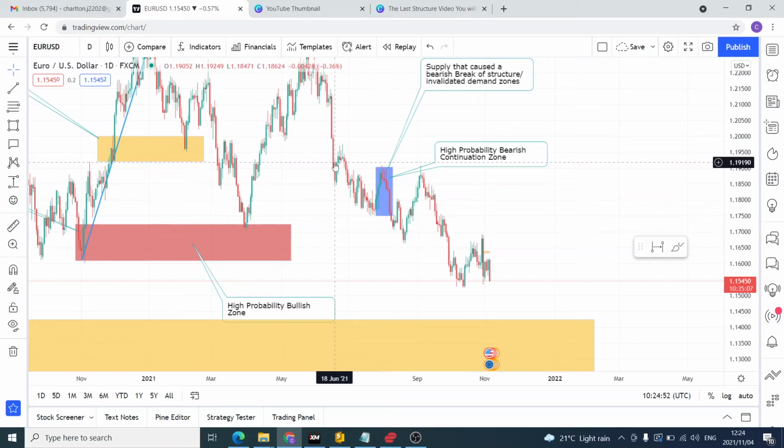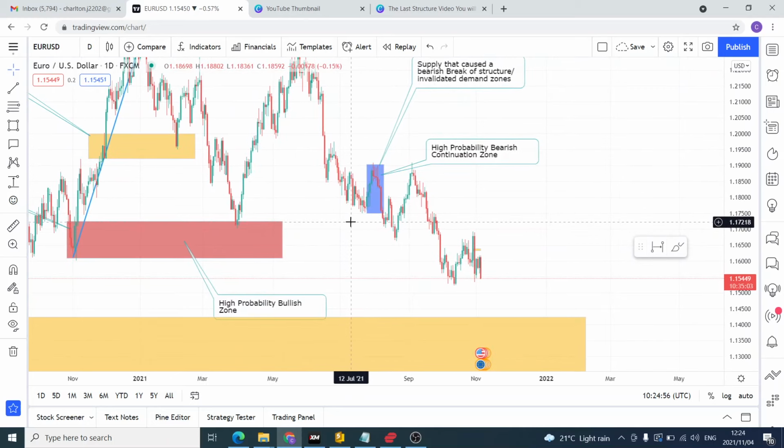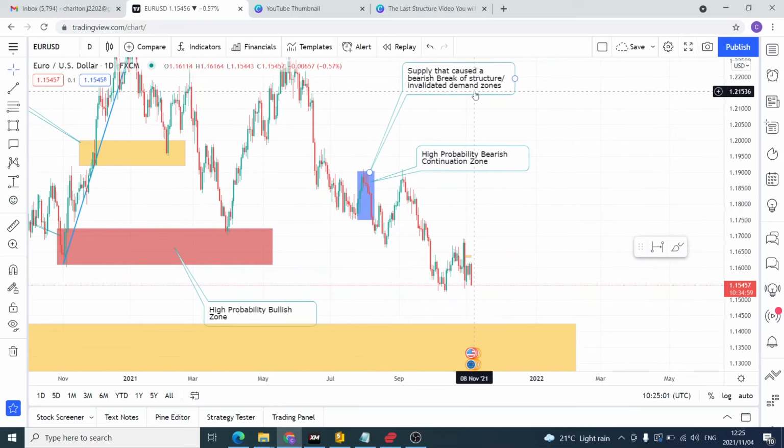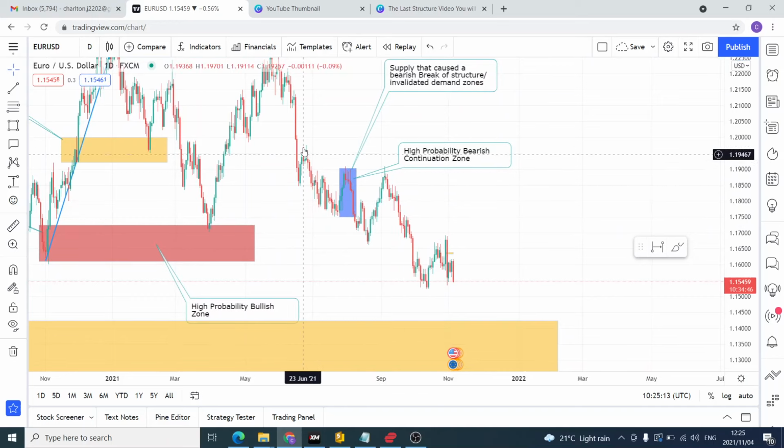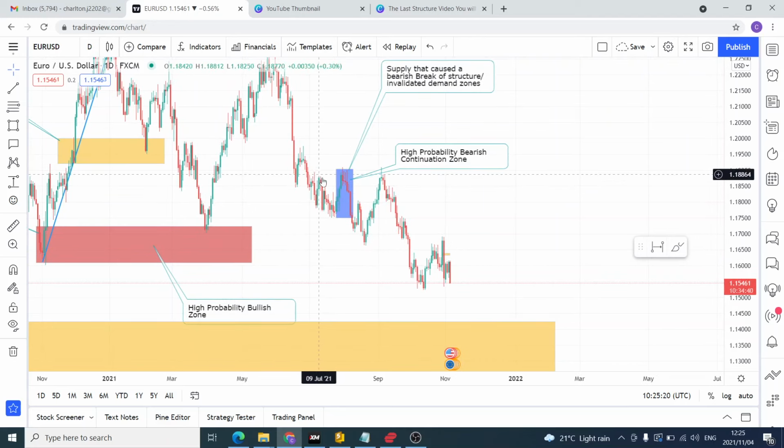Now, in a normal situation, this isn't enough to validate taking a trade. However, what happened? This supply zone here caused a bearish break of structure. It caused an intermediate break of structure, right? We broke this intermediate structure, and this now turns into a high probability bearish continuation zone because we have these two confluences. Firstly, this move took out liquidity, so it took retail traders and smaller hedge funds out of